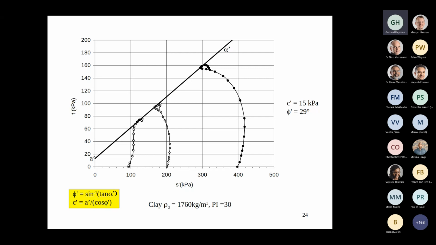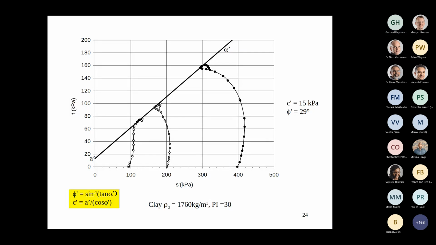The lab takes a stab at calculating C dash phi dash. But as you will see in a minute when Nico goes through the feedback of the lab data that we got people to analyze, there's a lot of scope for interpretation. And that interpretation has to be done in the context of the geology, the risk profile of the project, and the design philosophy of the design engineer. So it's not simply a case of asking the lab, send me the data with C dash phi dash and using that. You as the design engineer,